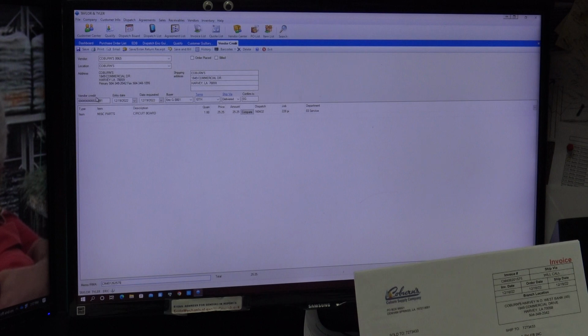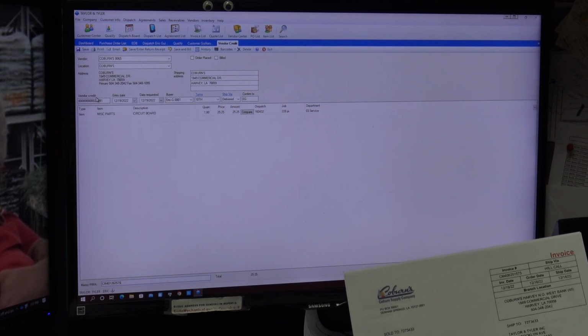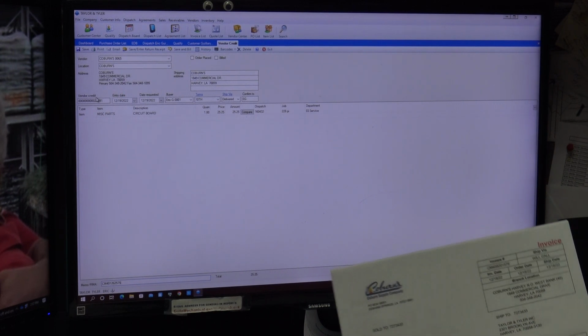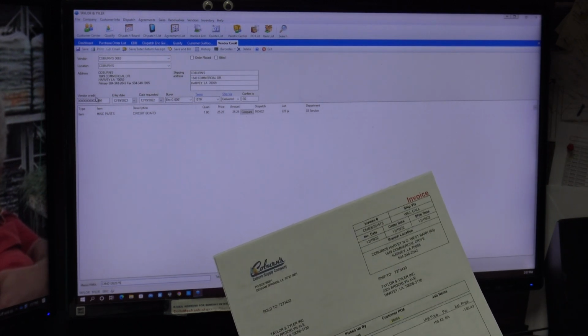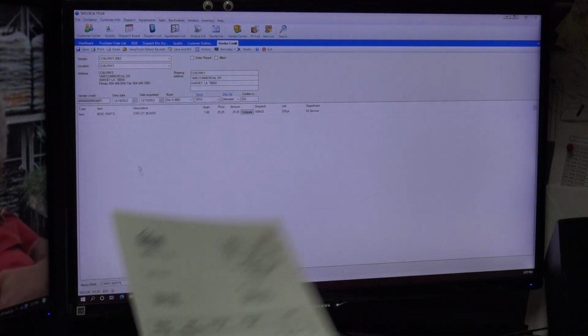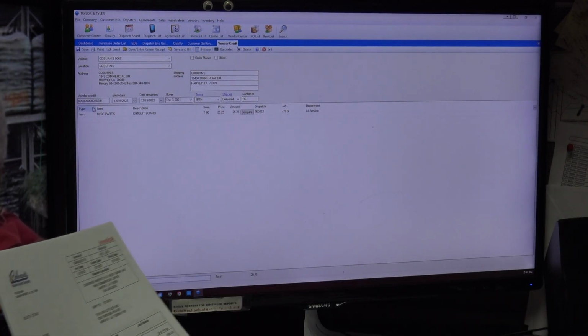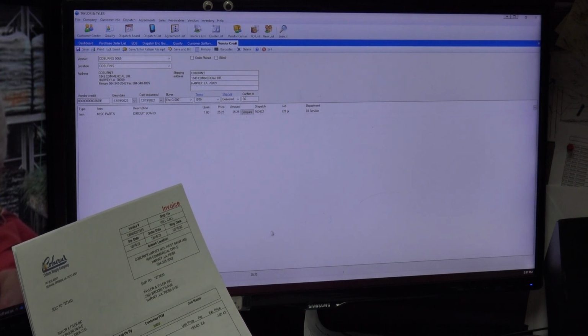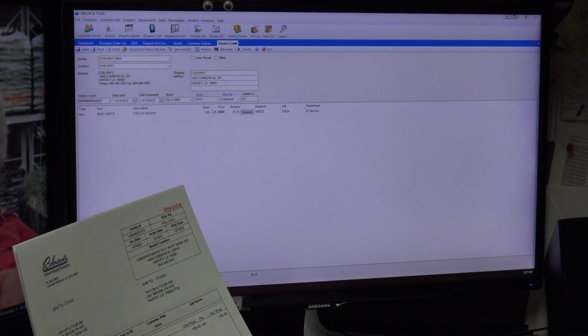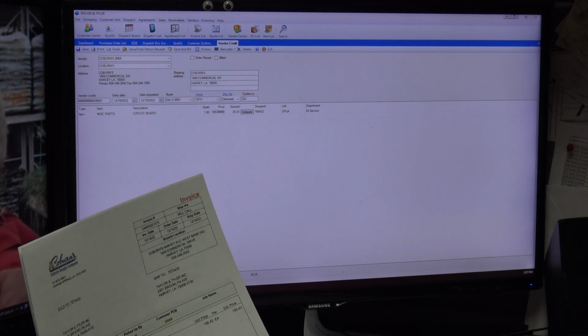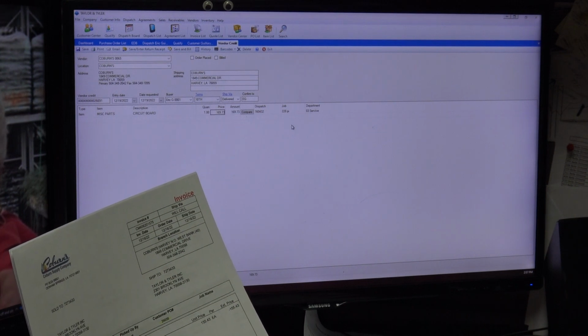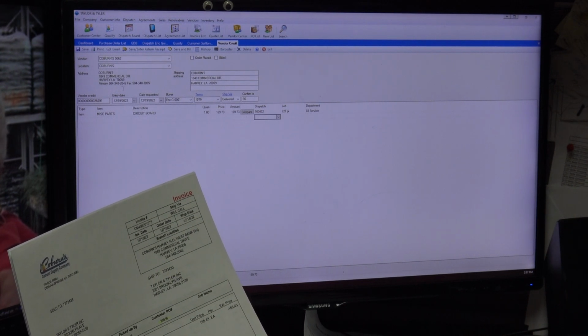So in this particular case, we are actually returning a circuit board for $155.43. With the tax, it's $169.73. So if you did this particular vendor credit for this particular job, you would go to the price here, and you would make the price the total down at the bottom of $169.73. Okay. Then you would save this and you hit return receipt on it. If you hit save and enter return receipt,